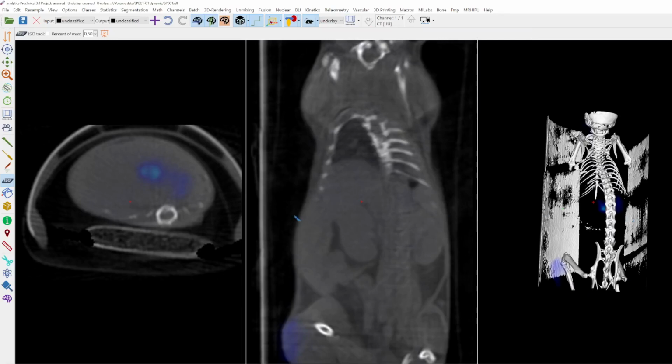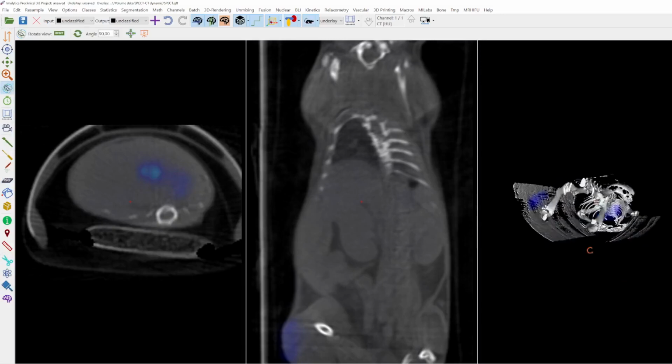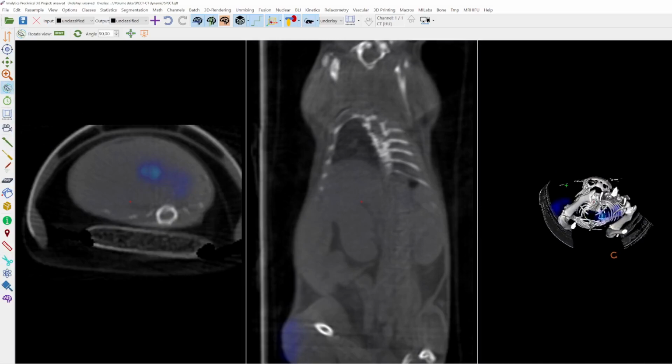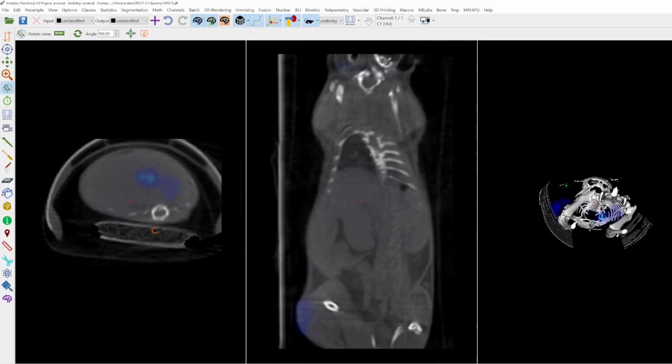You can try to do it in a similar way for the mouse pad, but I recommend to use the image cleaning mode. It's here. But first let me rotate the mouse a little bit, like this. You can use the image cleaning in 2D and in 3D. If you have questions about the image cleaning, there's a special video about it. You can find it here under play video.